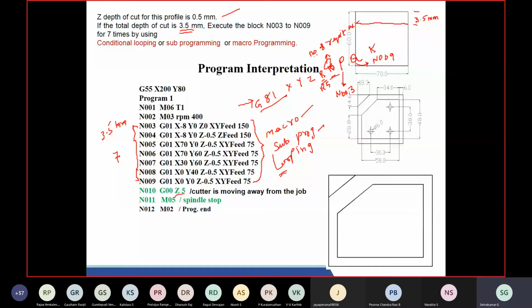Maybe some small variation in syntax may be there for every machine. So starting block, ending block and k, by defining this, you can run this program from here to here n number of times. If you are using these cycles, drilling cycles or milling cycles, you can avoid these things. Macro and subprogramming looping will not appear if you use cycle, drilling cycle command.